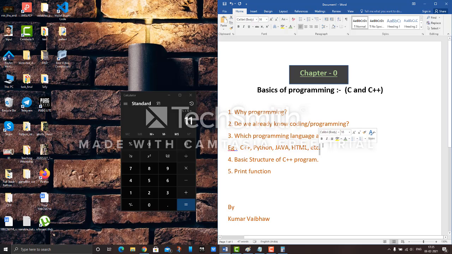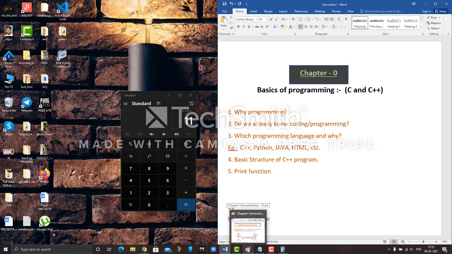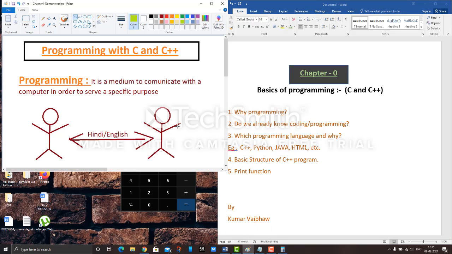Okay, let me give you a visual representation of how the whole thing goes. So what is programming? Programming is a medium to communicate with a computer in order to serve a specific purpose. If you want your computer to add two numbers for you, you have to give it in an instruction format.